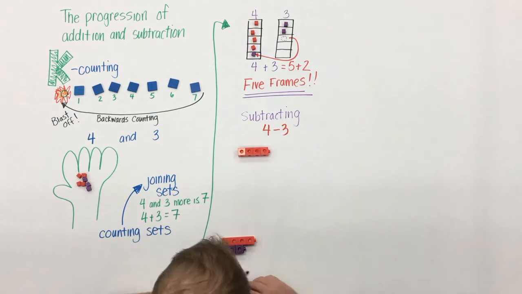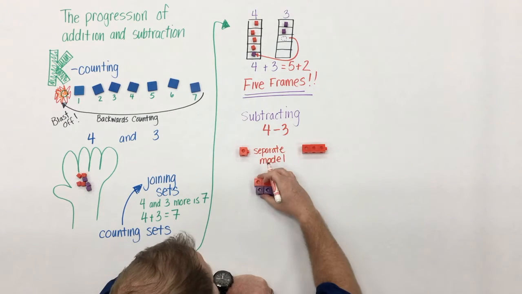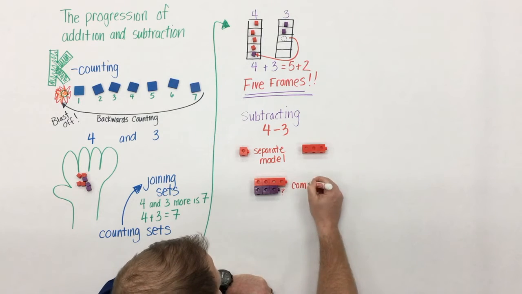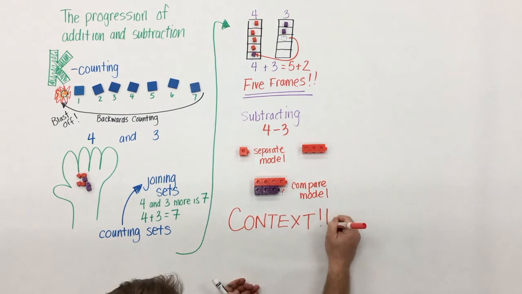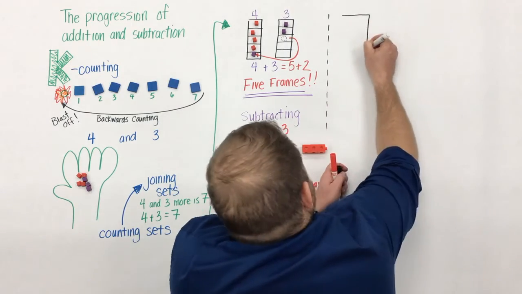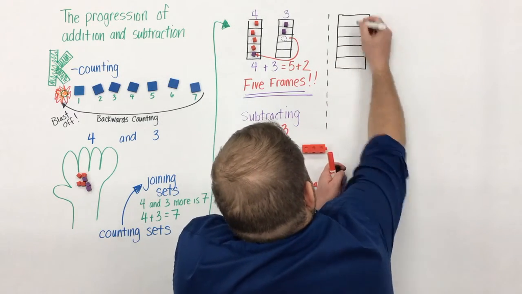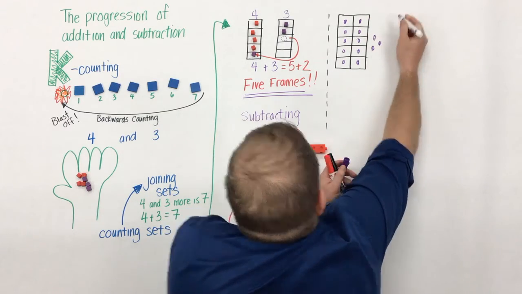So in terms of subtracting, students can have 4 minus 3 and use a separate model, or they can also use a compare model. The big piece here is that a context should always drive the strategy that students are using. So as students are working on addition and subtraction, they're simultaneously working on this understanding of counting and collecting